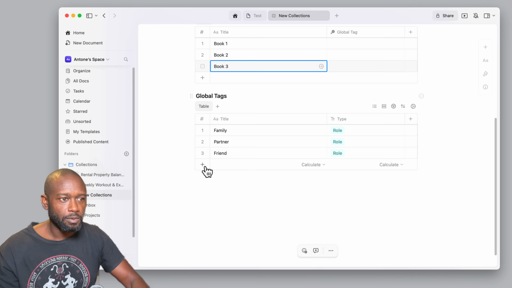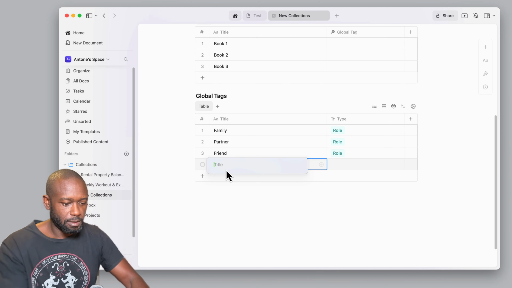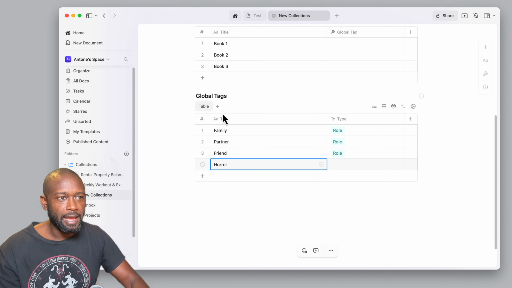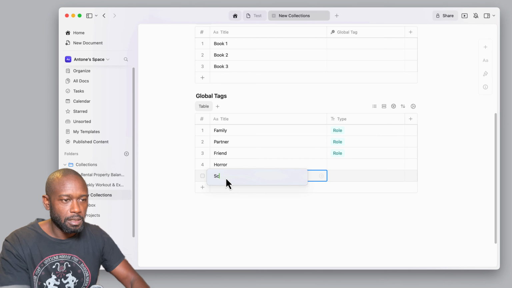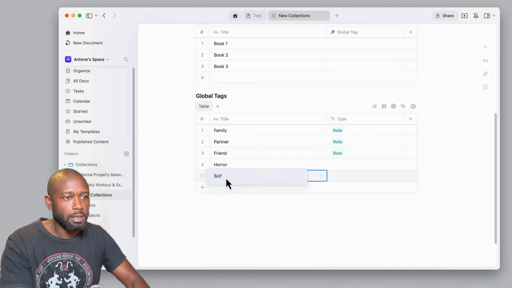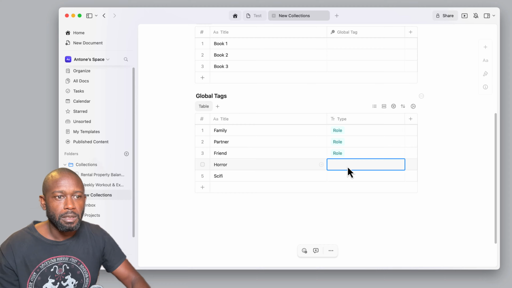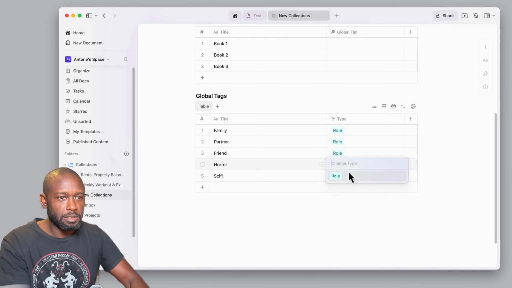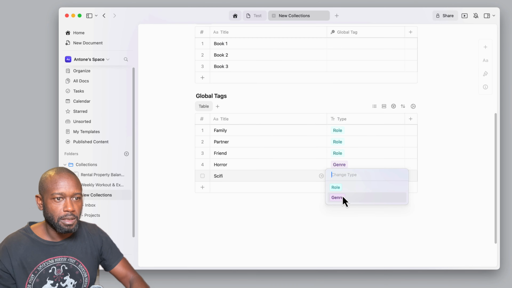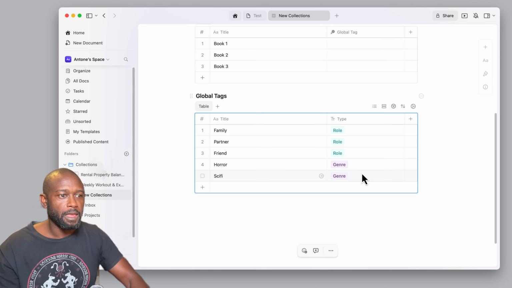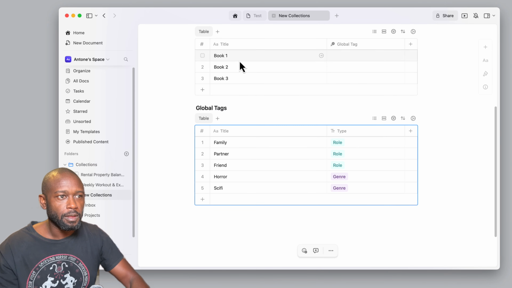Let's scroll up. What we'll do is add a couple of things in here that we might want to tag the book with. We'll call that one genre. All right, so we will keep those there, and now when we go into the books,